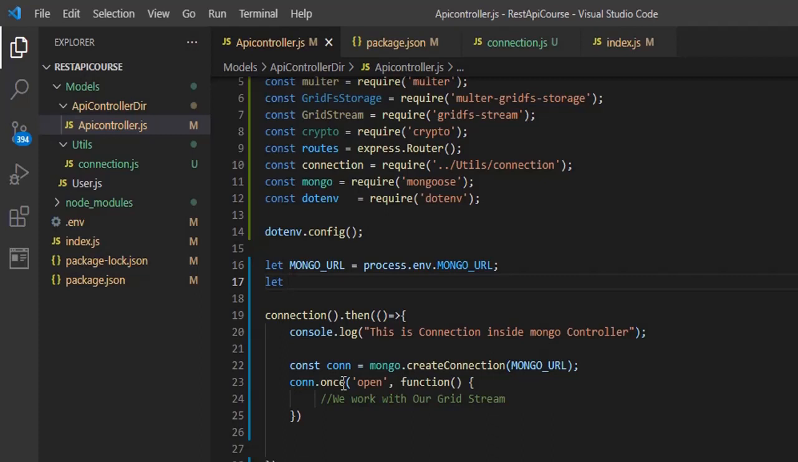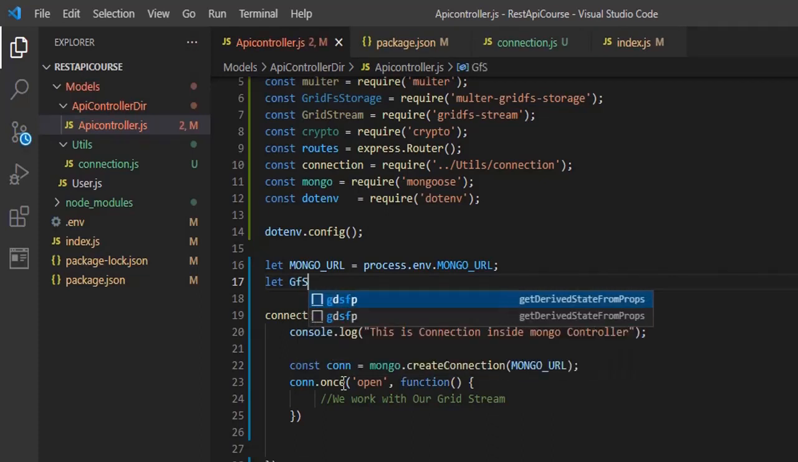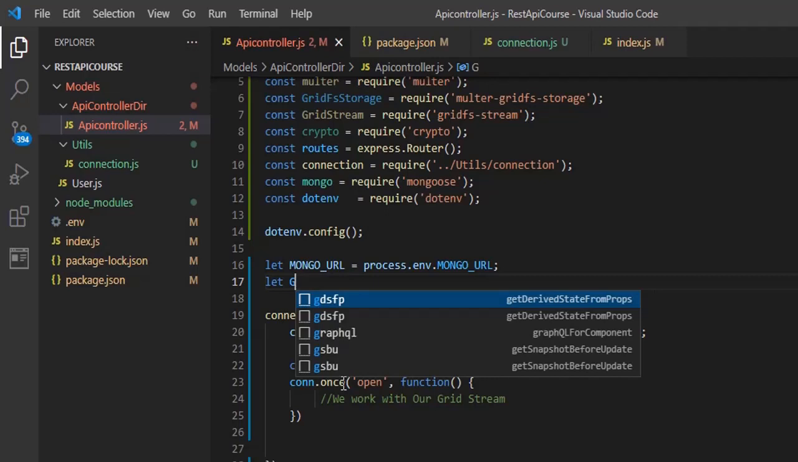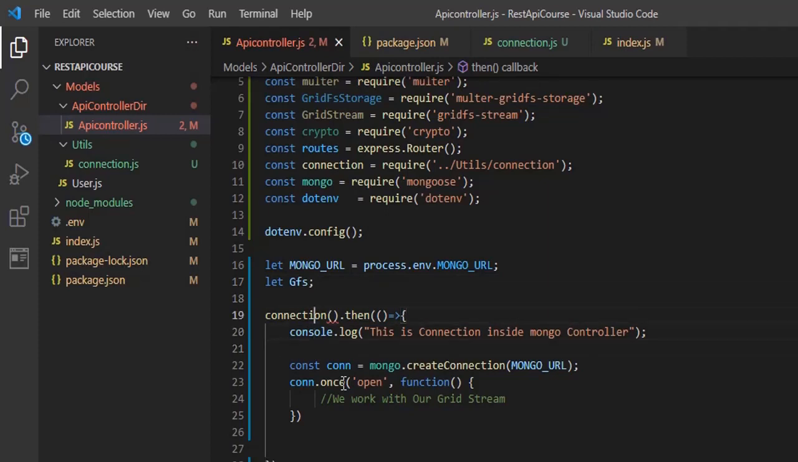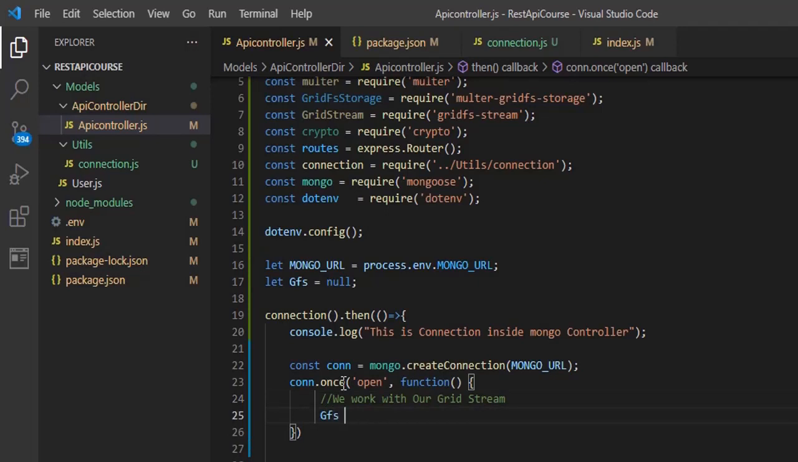Remember I told you about stream. It helps us to stream images, you see. So what we're going to work with now, we're going to create more of a variable here. Let's just call it GFS, yeah. For now, it's just going to be like that. Then it's going to be equal to null. Initially, we're going to initialize it with null. Then coming inside, once the connection is open, we're going to say the GridFs is going to be equal to